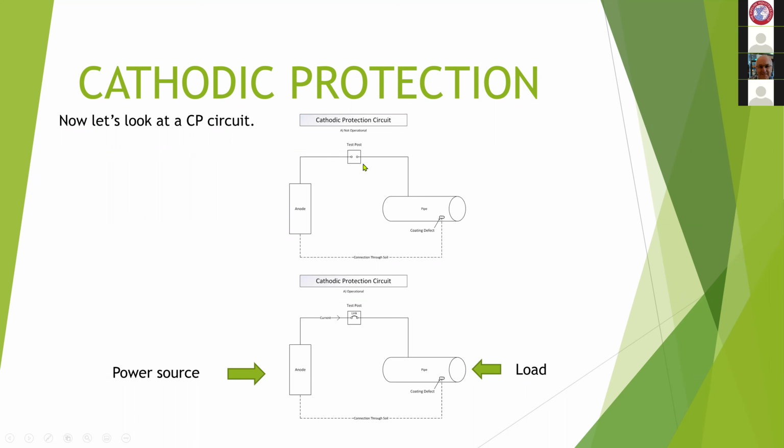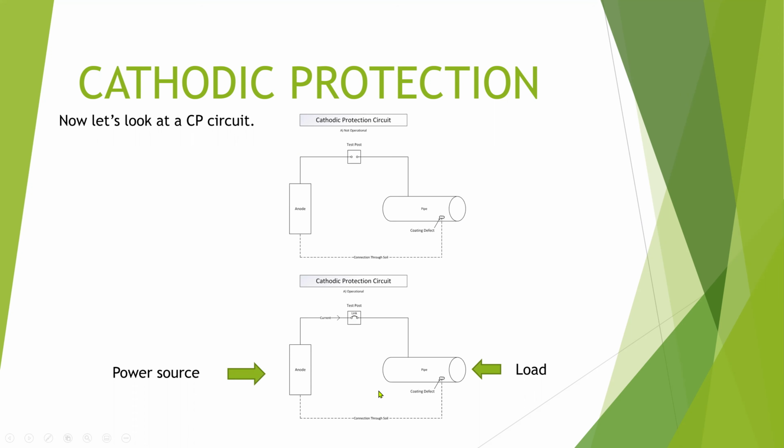There is a cable, and from the test post above ground, there is another cable down to the pipe. So until that link there is made, there's no current flow. When you make the link here, the current can flow from the anode through the link, through the cable to the pipe, and back through the soil to the anode. So it stands to reason that if you don't connect your anode to the pipe, you won't get any cathodic